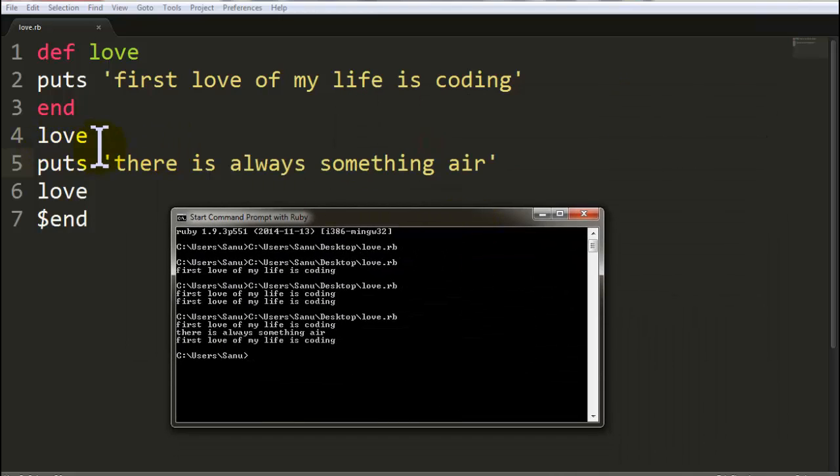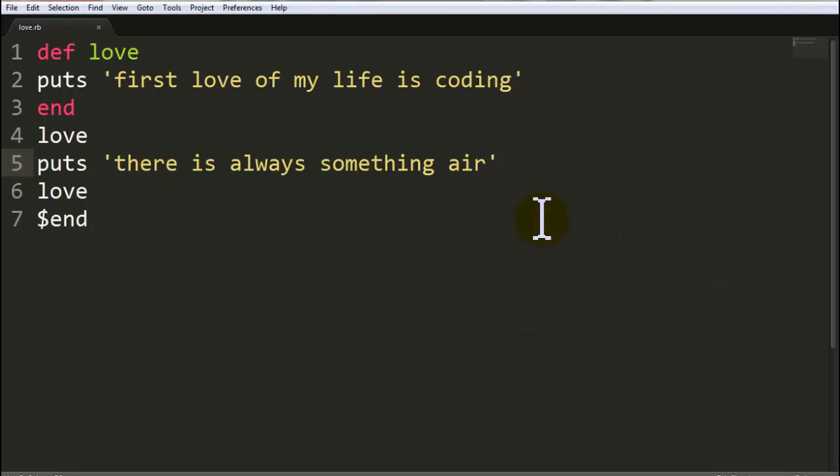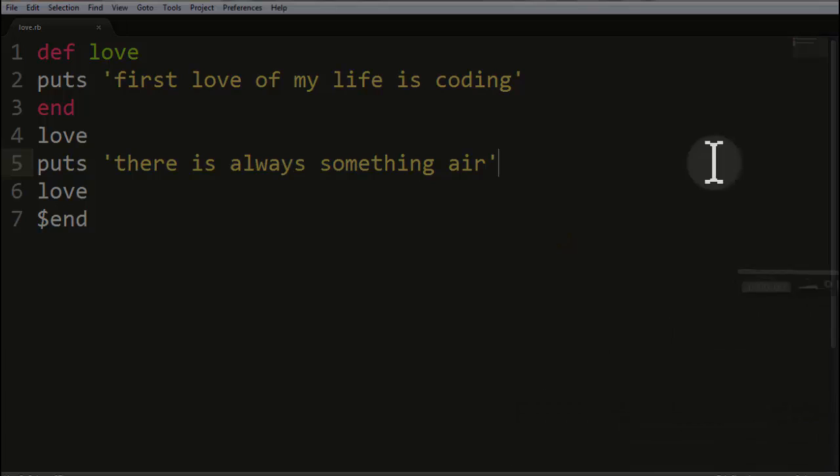I have called a function the first time, then we write the new statement, a new logic, and then again we are calling the function. The thing which I want to show you is that we can call our function anytime, any moment within the program. It doesn't matter how many times. I hope you understood. Now the second thing is, one thing I have missed here: between something and air I have missed in.